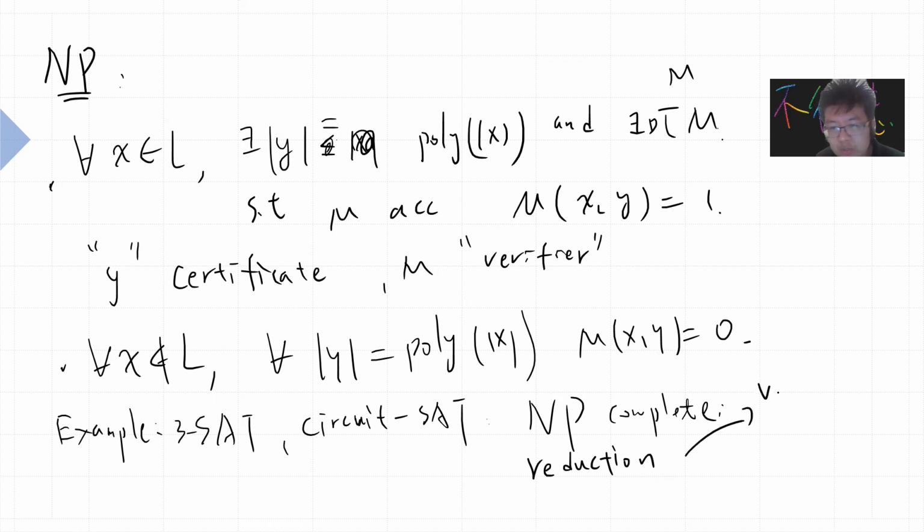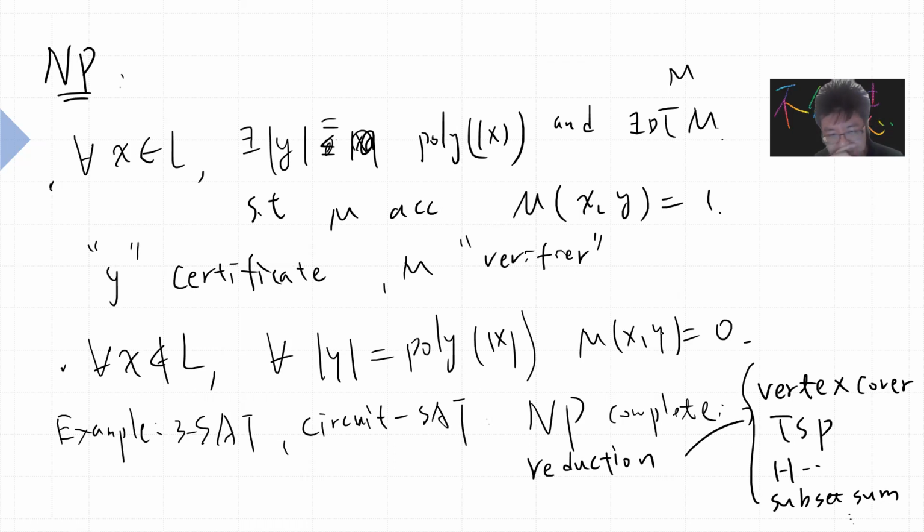There are a lot of them. Basically, some of them are like vertex cover and other graph problems, also TSP, Hamiltonian graph, and subset sum. In integer linear programming, there are also a lot of NP-complete problems. Okay, and obviously all these problems are NP-complete problems, and